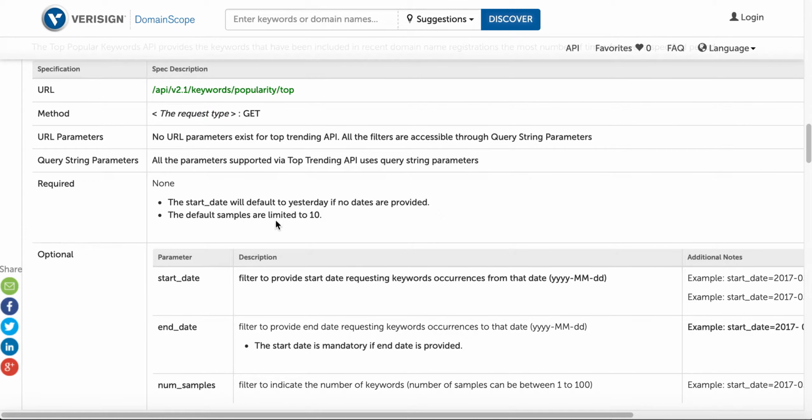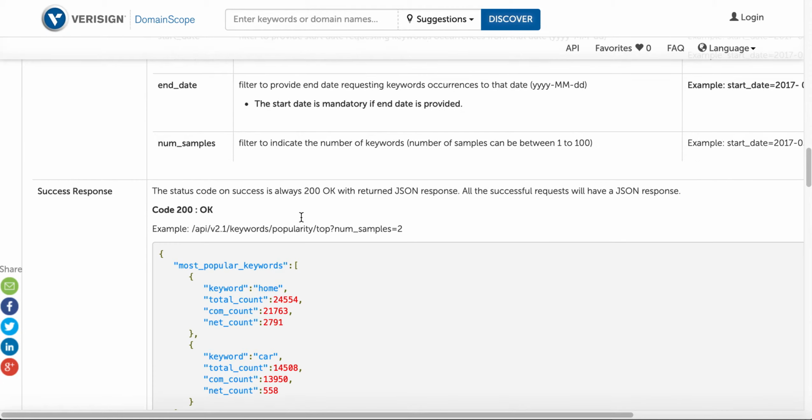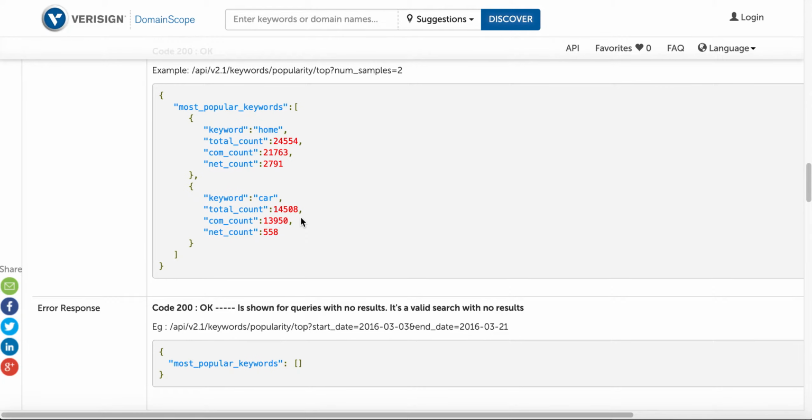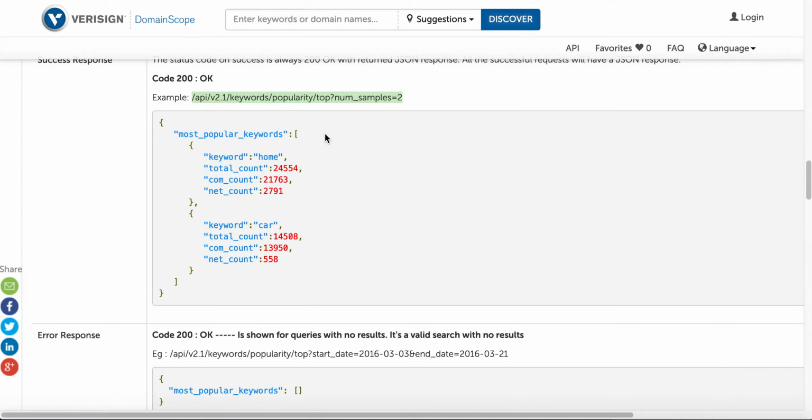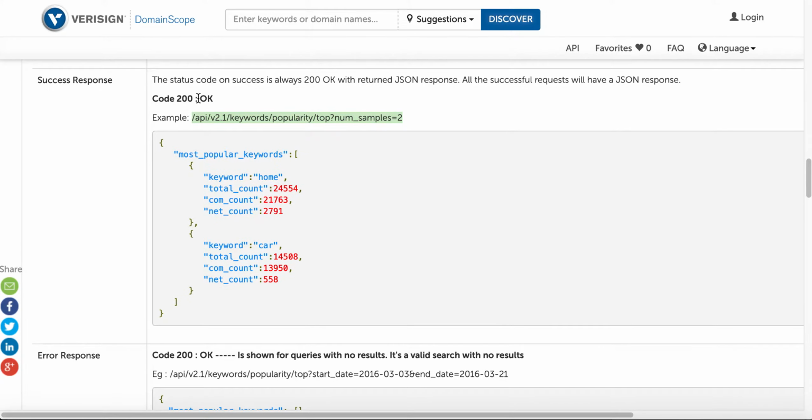The default samples are limited to 10. So in any case, if it is a successful call, they show you here in the example what that URL should look like. In this case, you get a code 200 OK with a return JSON response object, which is this object here. So what I've done is created column names in the database for keyword